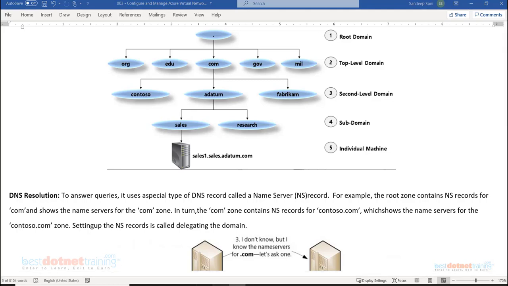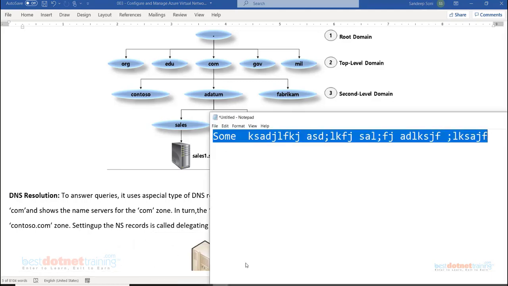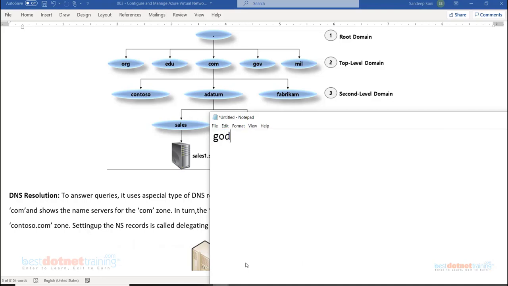So how it actually works is, imagine I go to GoDaddy and buy a domain. From GoDaddy, I buy a domain name. GoDaddy is going to provide me with a name server for my domain name.